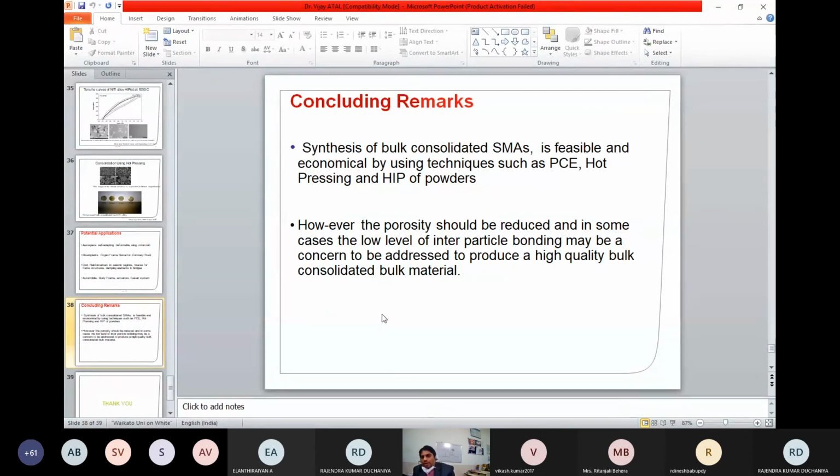When you do a consolidation, that means you convert a powder compact into a bulk material, if you have any low level of interparticle bonding, then during further processing it acts as a defect and results in premature failure of the materials.